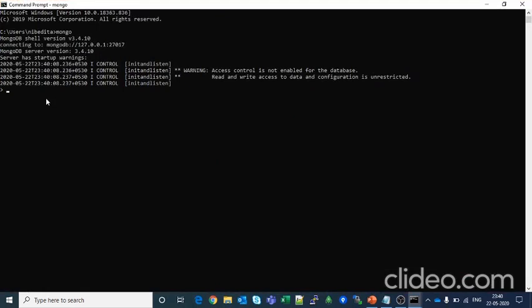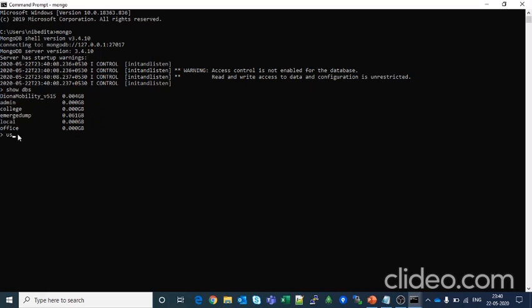So to see all the DBs inside this server, we write the command show dbs. We've got all the DBs that are there inside this service.